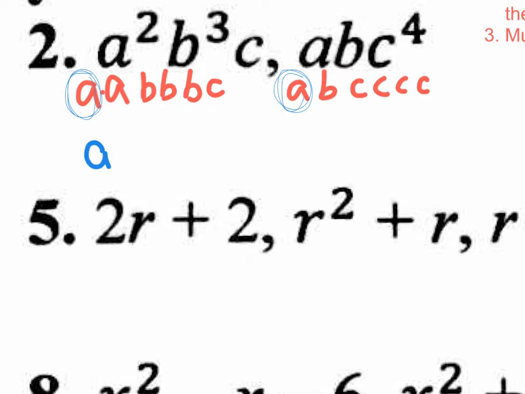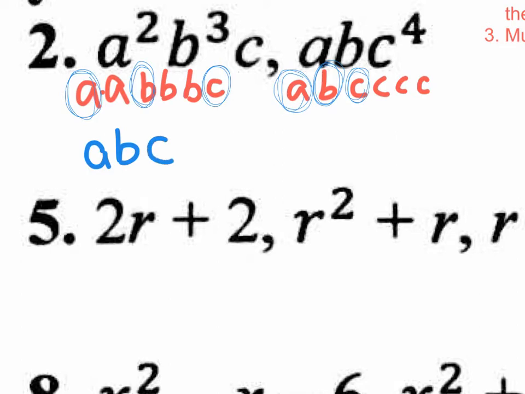Well, we have also B values and C values. So let's go with the B's first. We have one B right here, and we have one B over here. So we're going to write down that one B just once. Okay? And we also have C's in both. Okay? So let's go with the C up here. I'm circling one of these C's, and I want to write it down one time as one